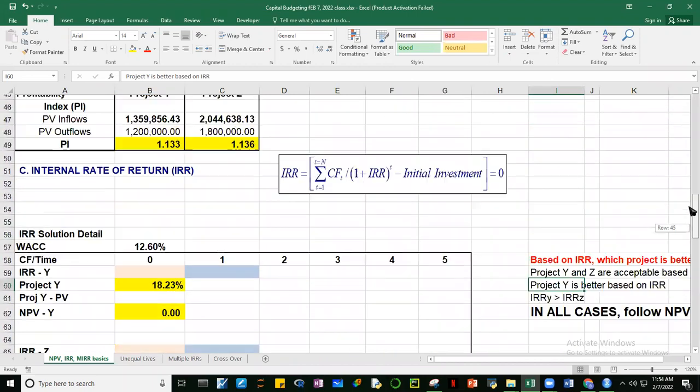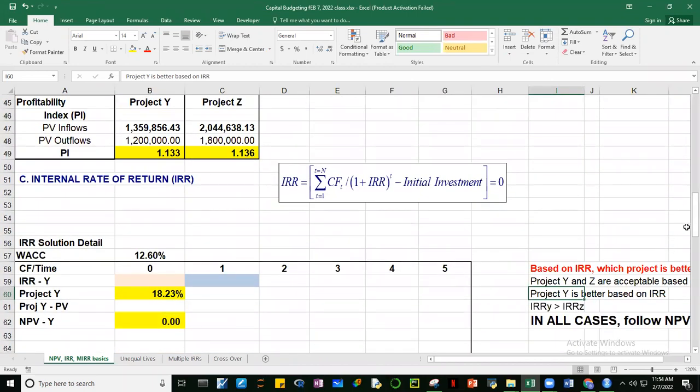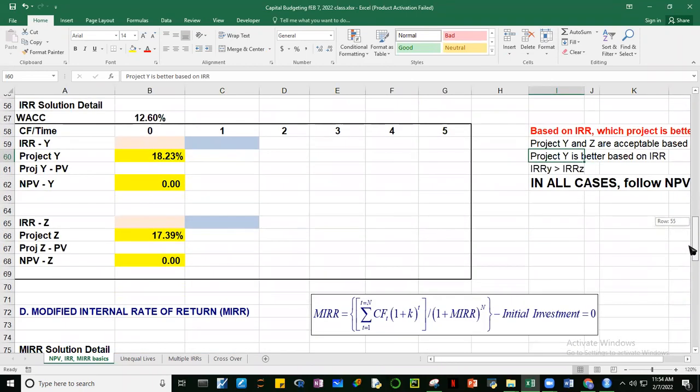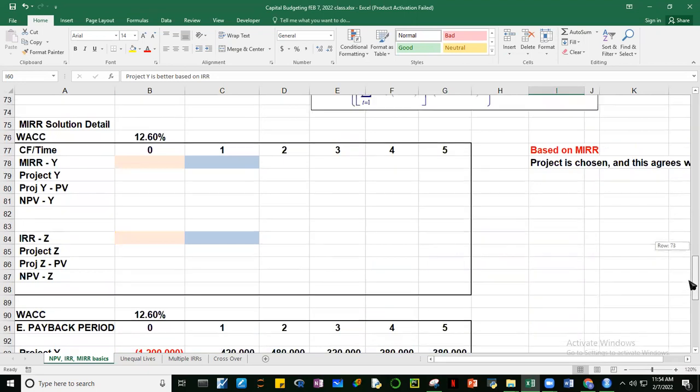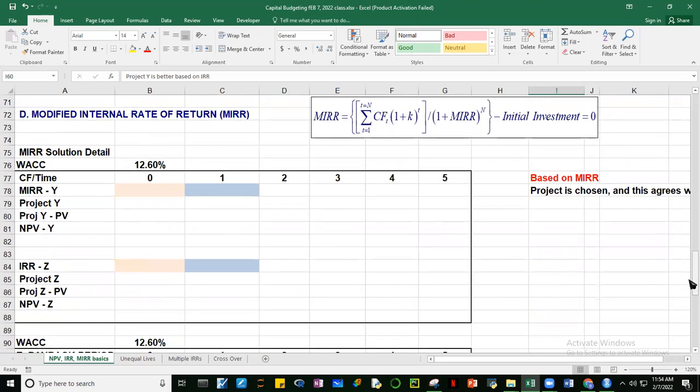However, guys, sabi natin may mga constraints or limitations yung IRR kasi when you compute for IRR, there are certain assumptions that you make which might not necessarily be true, no? Or it might be a very strict constraint. So there's another measure called MIRR. So let's compute that, no? Let's compute for the MIRR of Project Y.